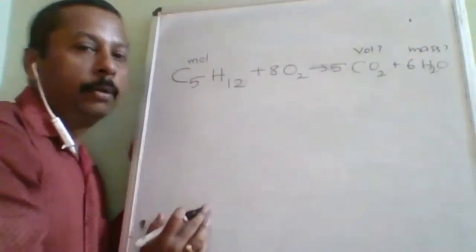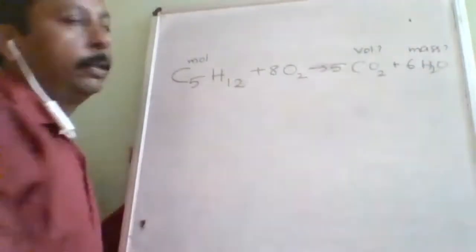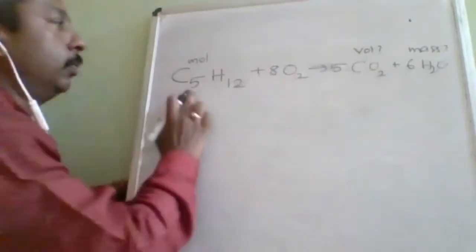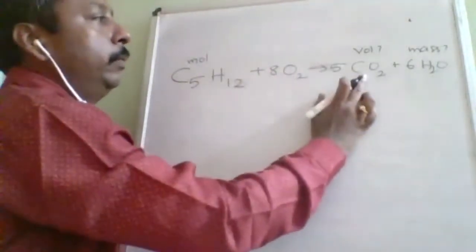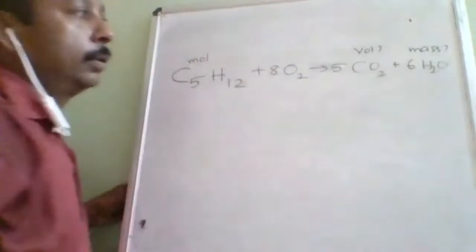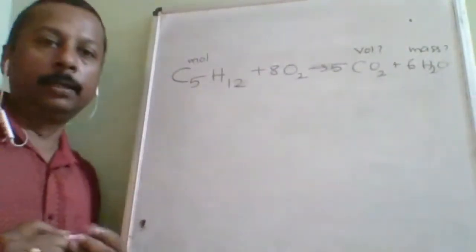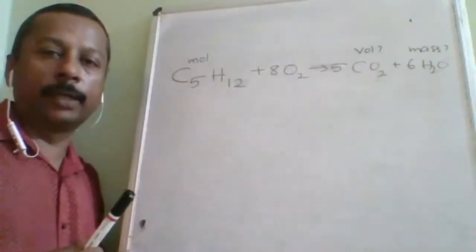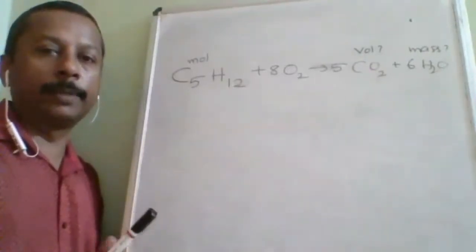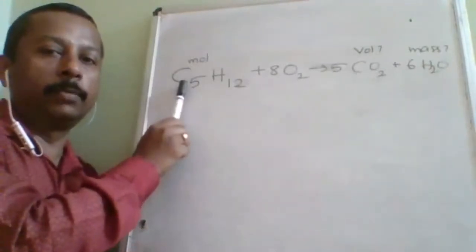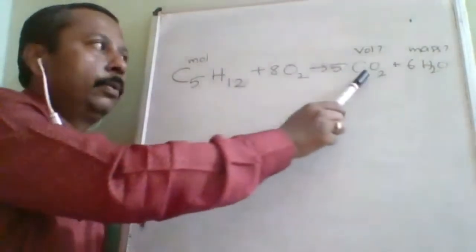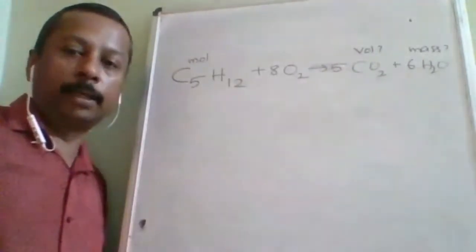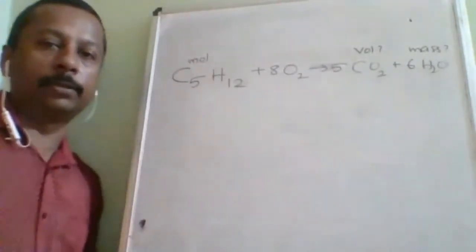Okay. Now just make a slight note over it: what is given and what we have to find out. In this question, moles are given, the volume of CO2 needs to be found, and the mass of H2O needs to be found. See here, one value is given and the remaining two values we have to find out, that too in different aspects. The given value is in terms of moles, the required value of CO2 is in terms of volume, and the required value of H2O is in terms of mass. That means different formulas you have to use.